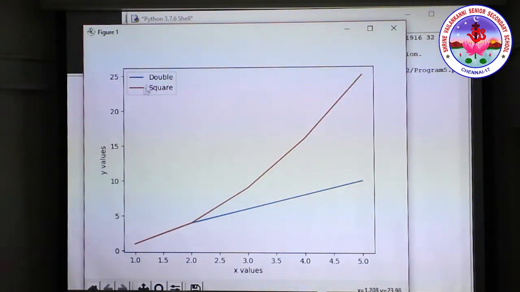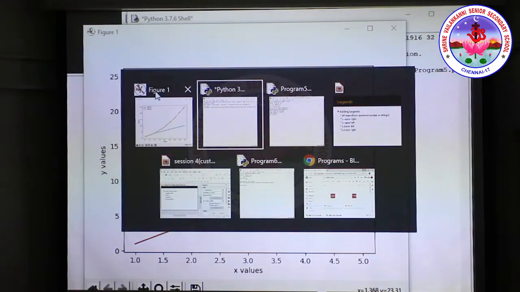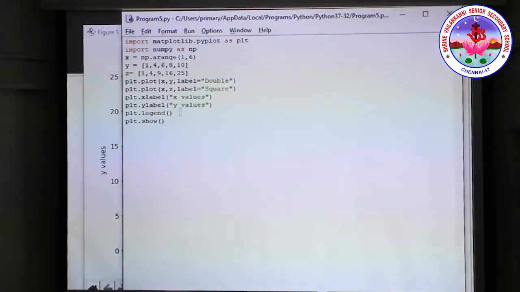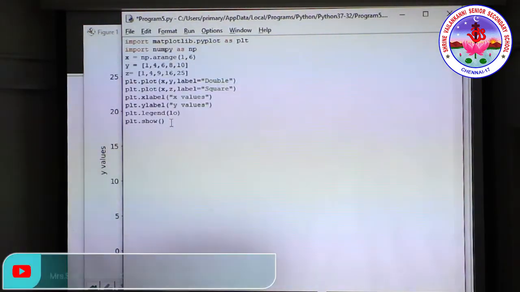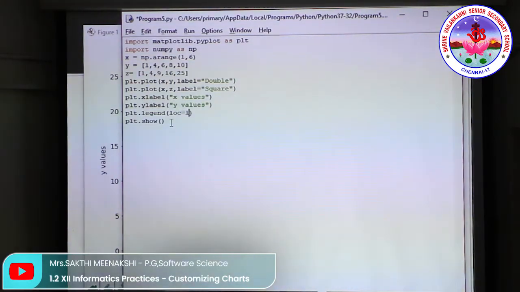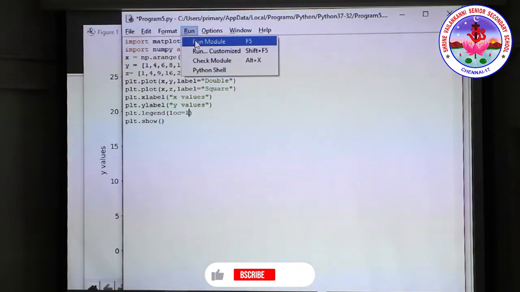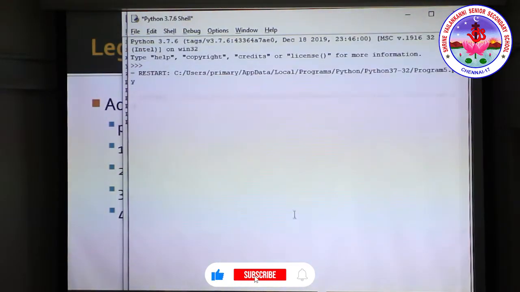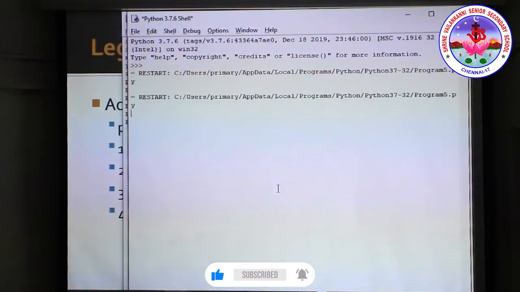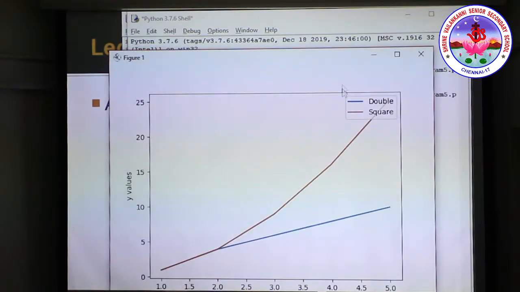So, as you can see, we can see the legend here, right. We can change the position of this one using the loc parameter. So, we can write loc is equal to 1. Okay. So, 1 defines the upper right. So, you can see the legend appears on the upper right corner.